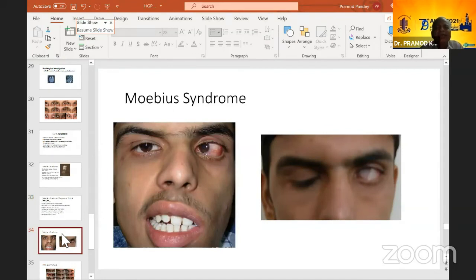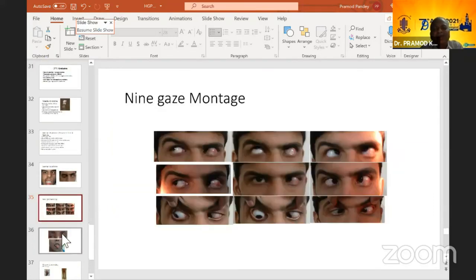So now this is showing one unilateral Mobius syndrome. You can see on the left side, his eye is an ESO, and there is a facial nerve palsy. You can see that this side, left side is sagging, and nose is also tipping to the right. So there is some kind of hemifacial microsomia, and the condition is because of the exposure, because there is a facial nerve palsy. This is showing nine gazes. You can see that the left eye doesn't abduct, and so this presents like a unilateral sixth nerve, but the other eye is normal, having normal ductions.